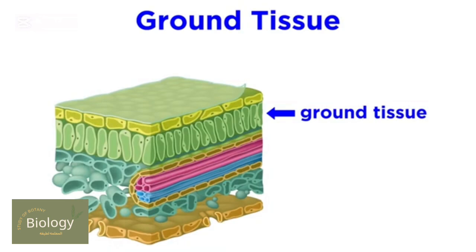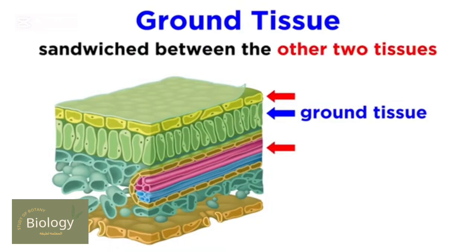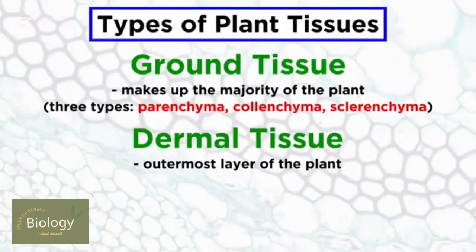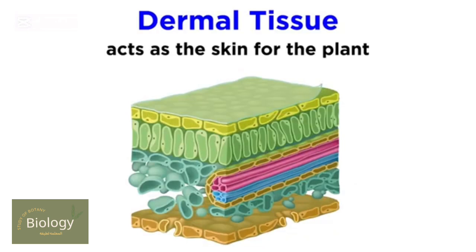But as we said, ground tissues are just one of the three kinds of plant tissue, and these ground tissues are essentially sandwiched between the other two kinds of tissue in a plant. On the external surface of a plant, we can find dermal tissues. This name makes sense because dermal is a word that relates to the skin or exterior of a living organism, so these tissues essentially form a sort of skin for